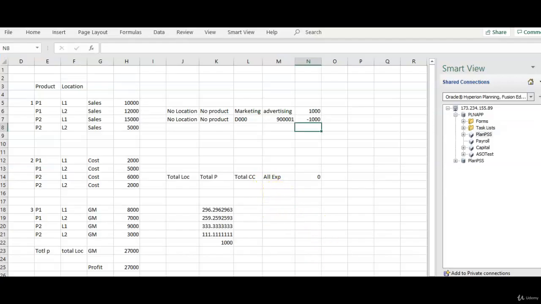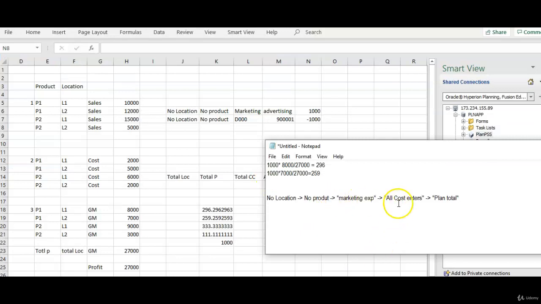So this way you can derive easily the combinations. Sometimes we make mistakes in selecting the combinations. That's why we enter some data, a small amount of data, and test these rules. Never test the rules with full or larger volumes of data or at a high level. We will go at a record level, the lowest record level, and try to understand with fewer combinations. So this is our source now. So we know where this marketing expense is coming from.